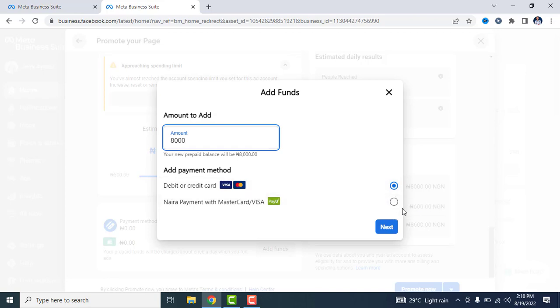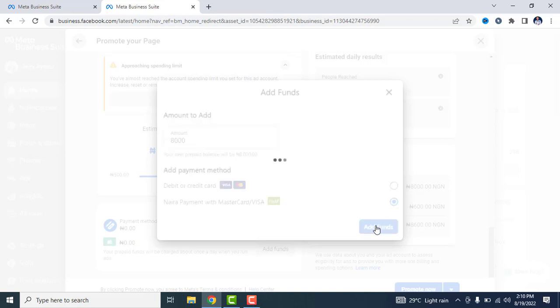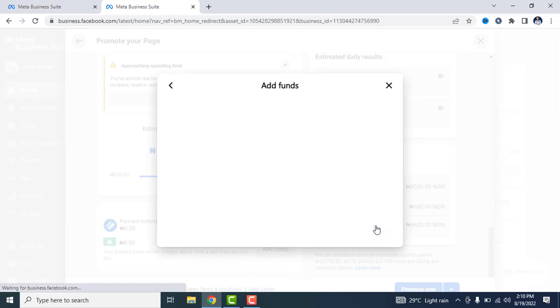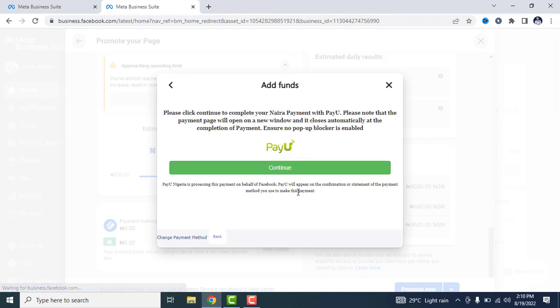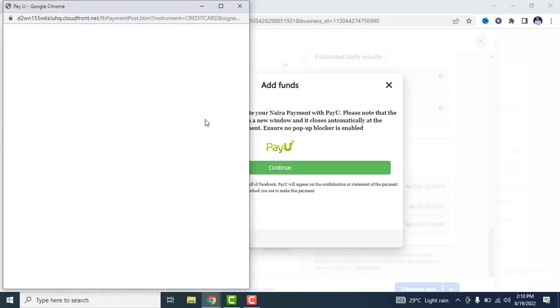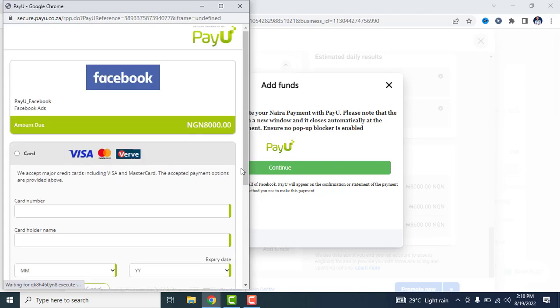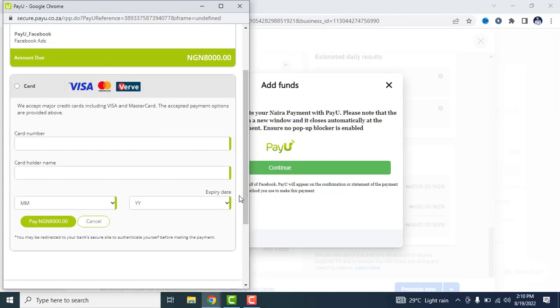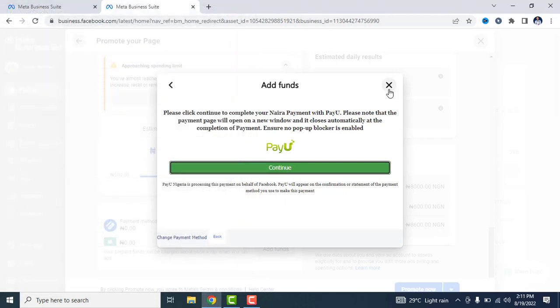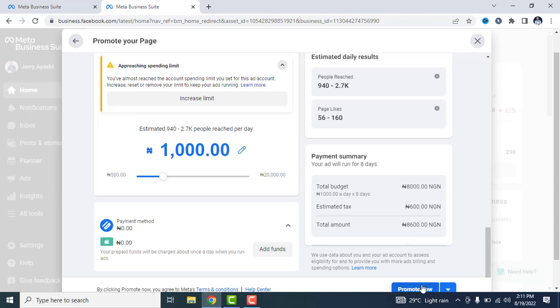Then you click on Naira payment with MasterCard or Visa. Click on it, add funds, then click on continue. Then you want to go ahead to add your details. Once you add your details, click on pay and it will automatically pay. And the next thing you want to do is to promote now. So just click on promote now and you give Facebook a while to approve your ad, and your ad is